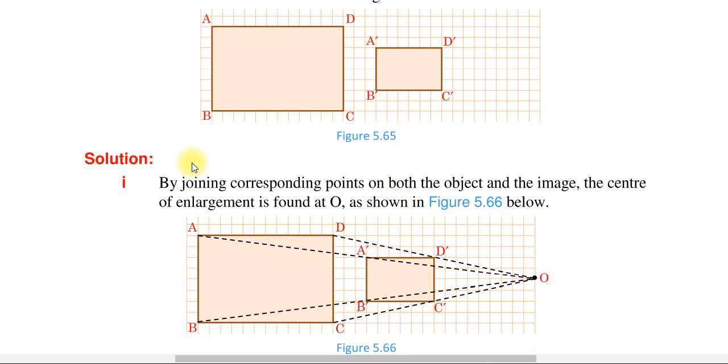ስለዚህ መጀመሪያ ምንድነው የምናደርገው? By joining the corresponding point ልክ ላይ በሰራነው ኤግዛምፕል መሰረት corresponding ፖይንቶችን ጆይን እናደርጋለን። A ን ከA prime ጋር፣ B ን ከB prime ጋር፣ C ን ከC prime ጋር and D ን ከD prime ጋር connect የሚያደርግ ላይን ድሮ እናደርጋለን። ሶ አራቱም ላይኖች የሚገናኙበት ፖይንት center of enlargement which is point O ነው ማለት ነው።